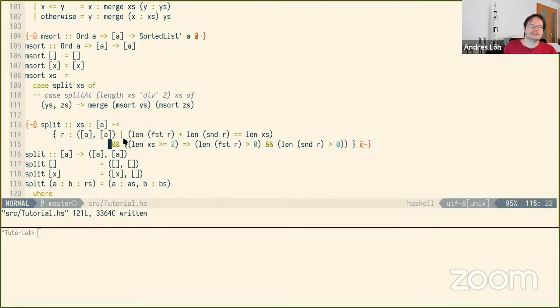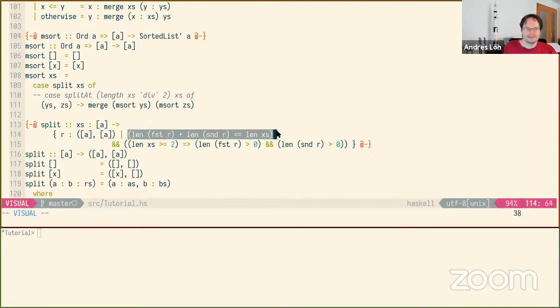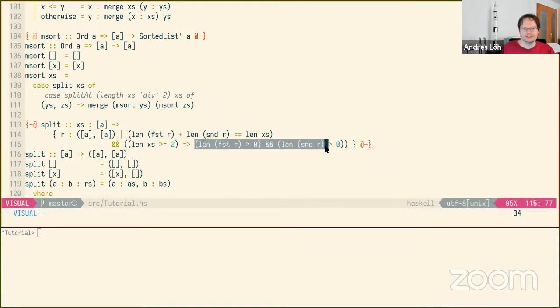Something like this. Right. So now the sum of the components is the length of the original list. That unconditionally holds, but that the length of the two component lists is strictly greater than 0 is conditional on the input list being greater than or equal to 2. But that is the case that we're calling it in here, and that is the case that we need here